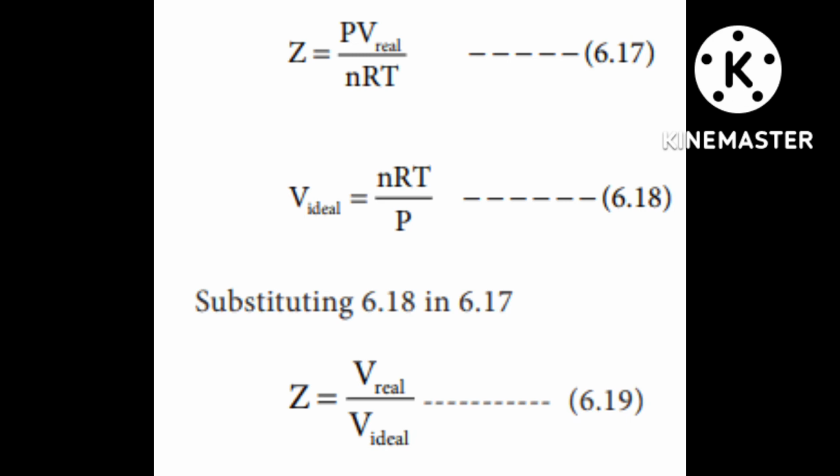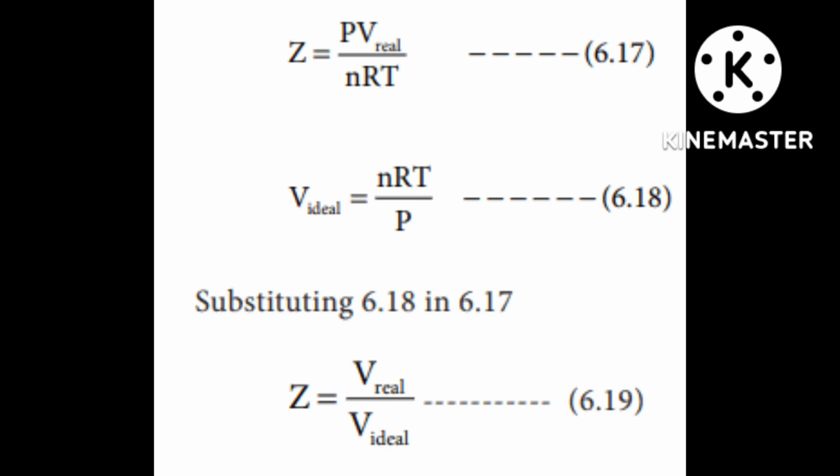It is a comparison of how much V real differs from V ideal. That's why this ratio is also called Z. Z you can express in two ways: Z is equal to PV divided by nRT, one way, and the other way Z is equal to V real divided by V ideal. From the above equation, we can see that